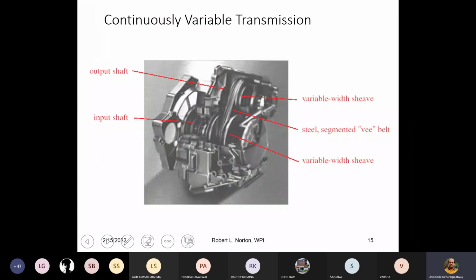Now another one is this continuously variable transmission. This CVT is actually heavily used in Honda cars. If you see Honda automatic cars, we are using this one. In this CVT, we have a belt, and it is connected to conical pulleys. So there will be some conical pulley. So this is one input, you can say, and then